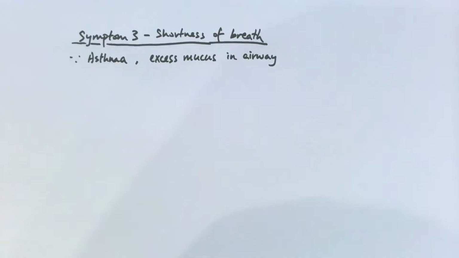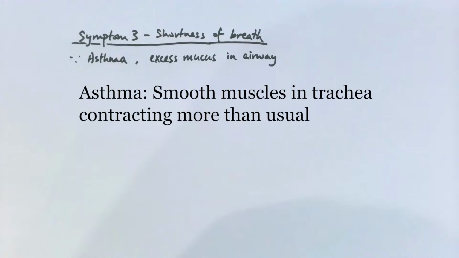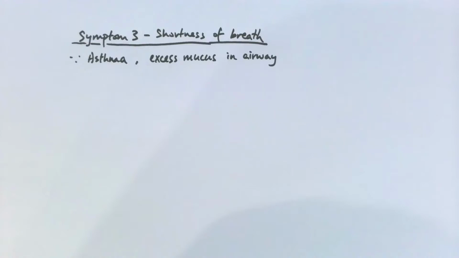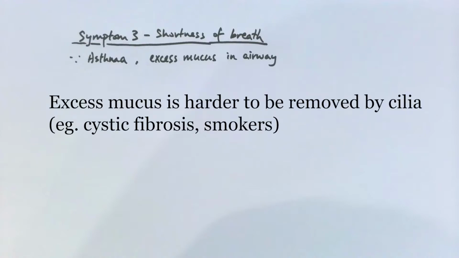For asthmatic patients, this is due to the smooth muscles in the trachea contracting more than usual, leading to a smaller lumen of the airway. For people who produce excess mucus, it's harder for the cilia in their body to remove the mucus as there's so much of it. This is usually the case for people with a flu infection or